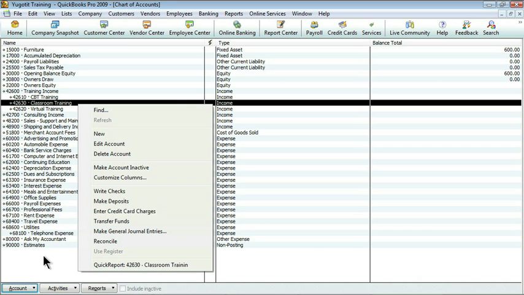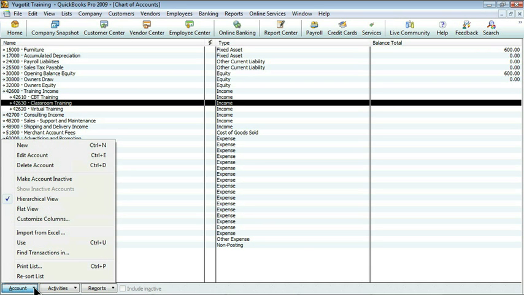Don't forget there are actually three buttons down here, one for the account, one for activities, and one for reports. If I click on the account button, I see all kinds of options for some of the things I've been doing, including creating accounts, editing accounts, deleting accounts, making accounts inactive, and even sorting them. Right now it's telling me that the list is currently in the hierarchical view, but there's also something called the